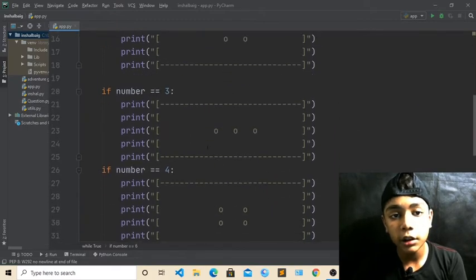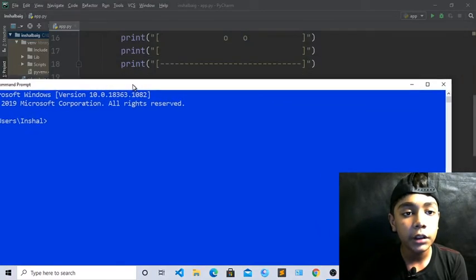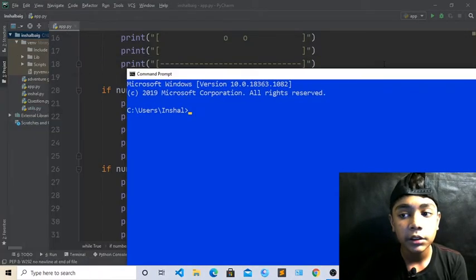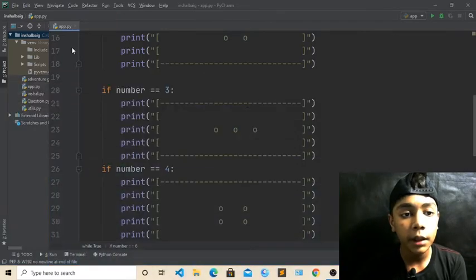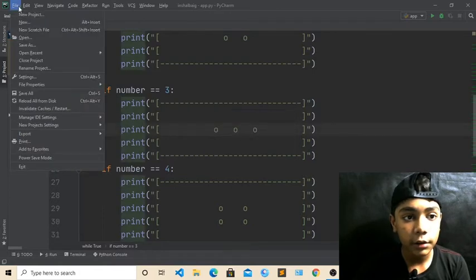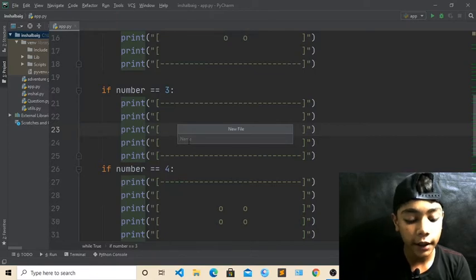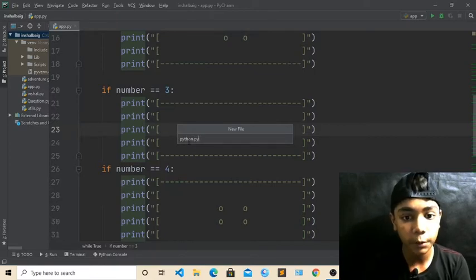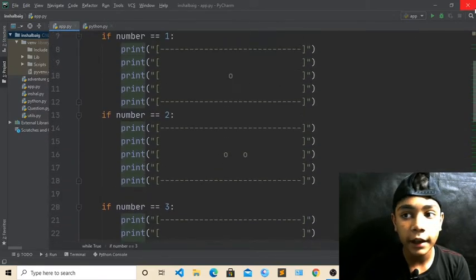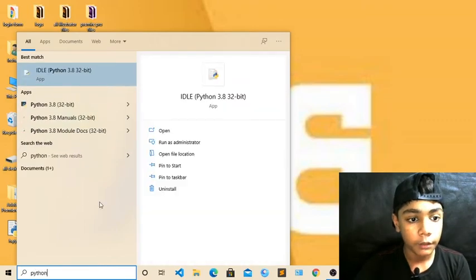Now when you have done all these things, just open your command prompt. Like I told you, we will run with this. Now we will check what our file name is. You can see app.py. Come over here, minimize that, and here you can see this file. We will create a new file from here, a Python file. Then take new, file, and now the file name will be python.py. This is our file name here.